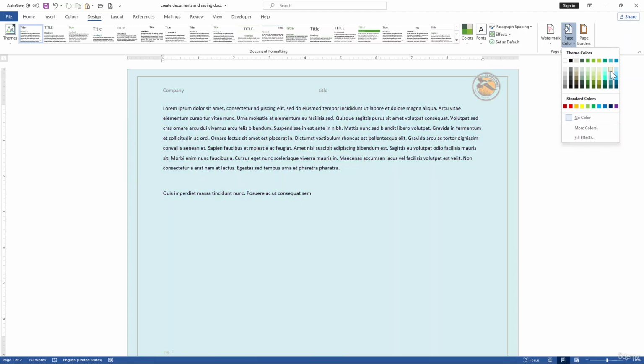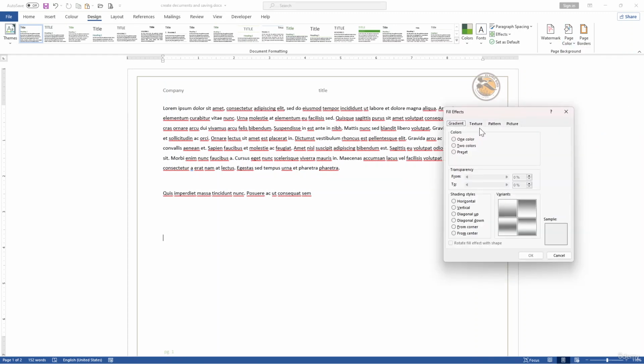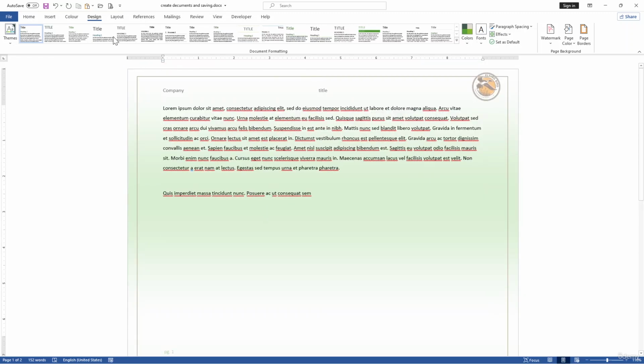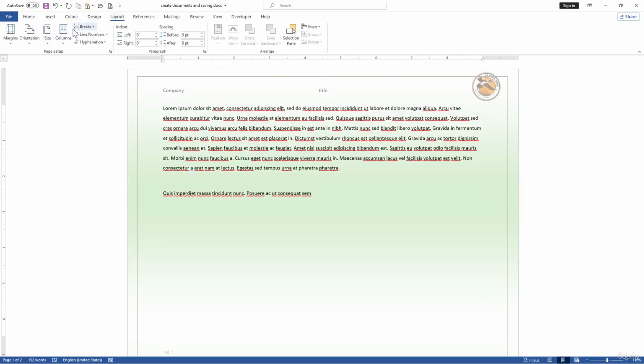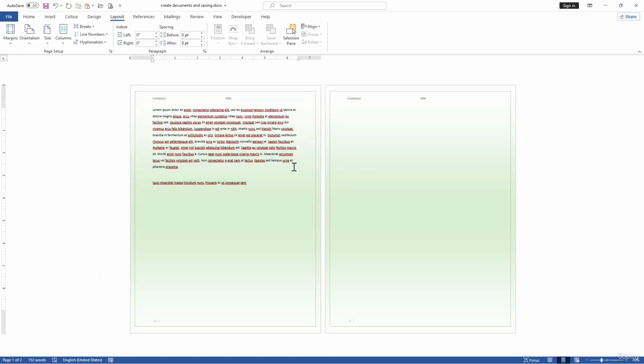So for example, use the fill effect, and this time I will use the picture or texture or gradient colors, and we have now true gradient colors. Let's choose this one, then hit OK. So now we have the different gradient colors. Before that, if we want to change the orientation or the position, let's change into the portrait. So now we have portrait style with the different design. Okay, so